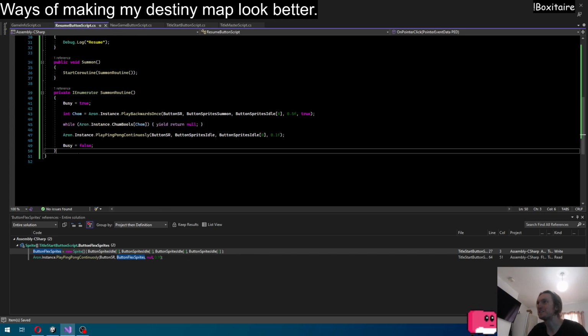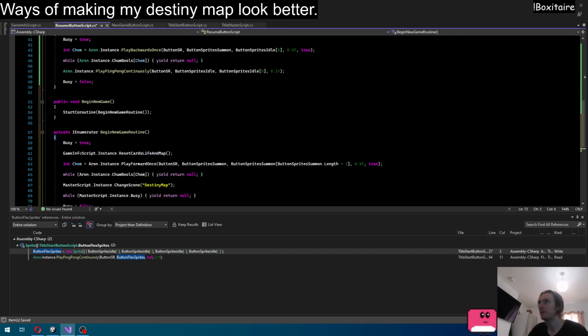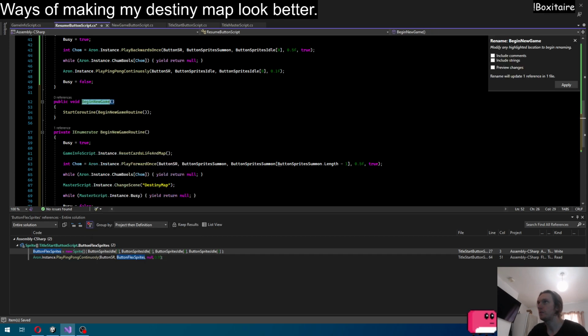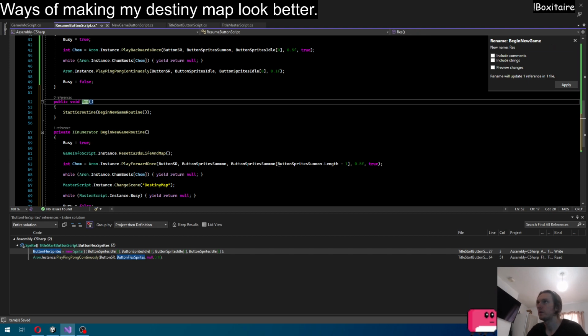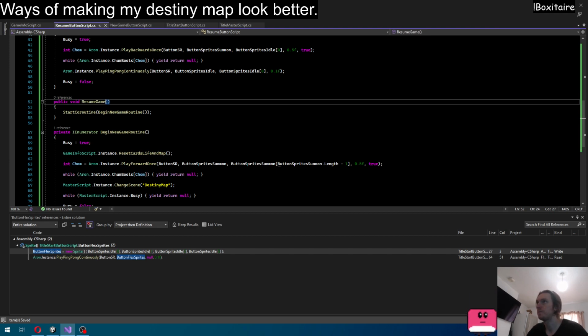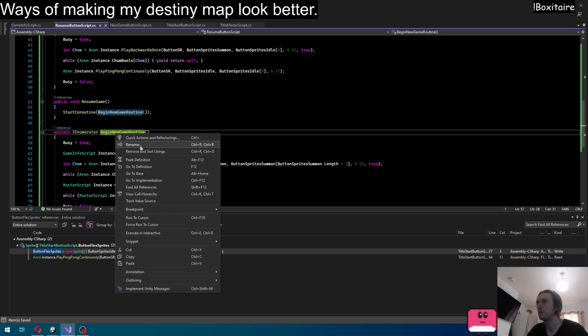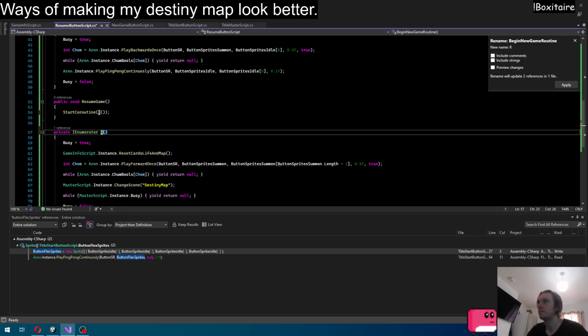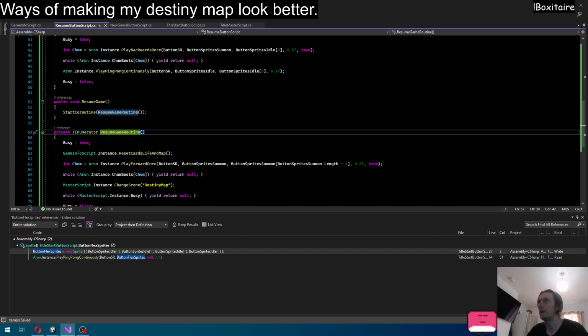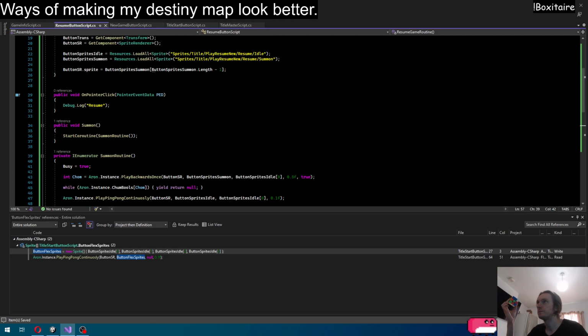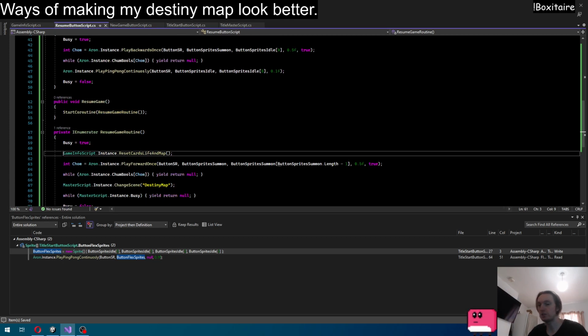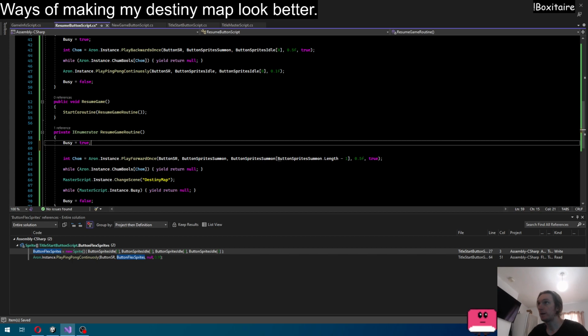I think this might be really easy. Here's me thinking it's really difficult. But if we go, I'm just going to change this to rename to resume game. And this one here, I'm going to rename to resume game routine. Control S. Okay. Right, is it actually, yeah, so we just literally need to get rid of that because ideally we've loaded, so